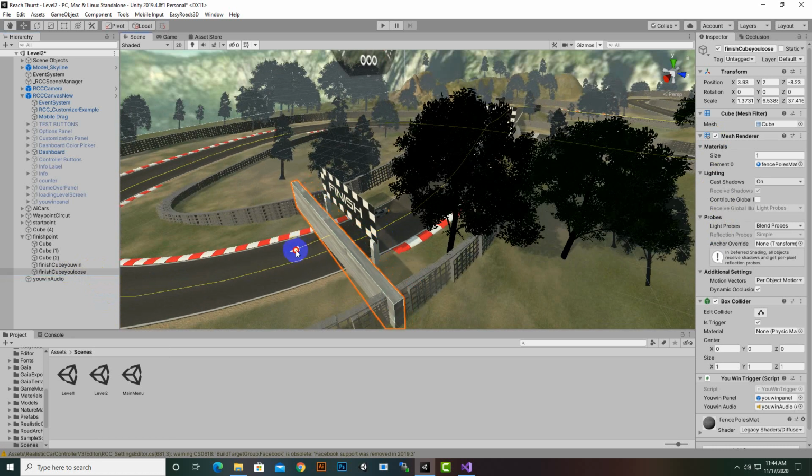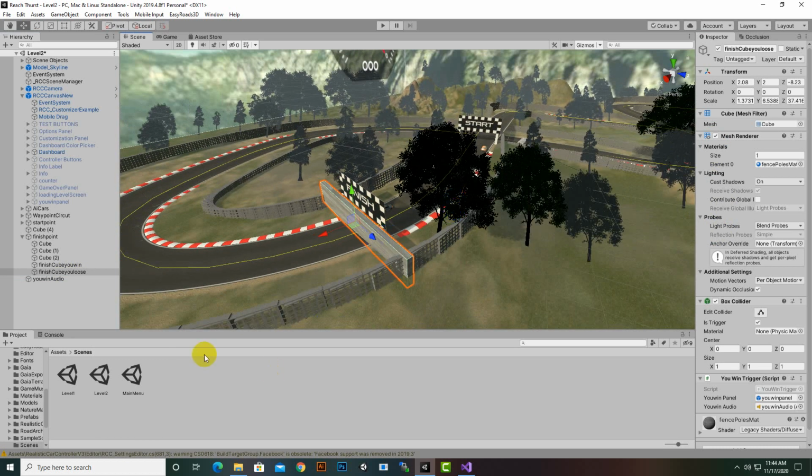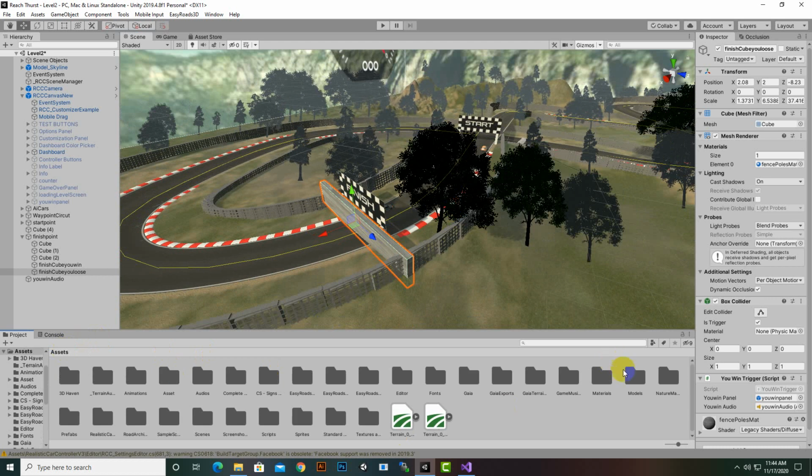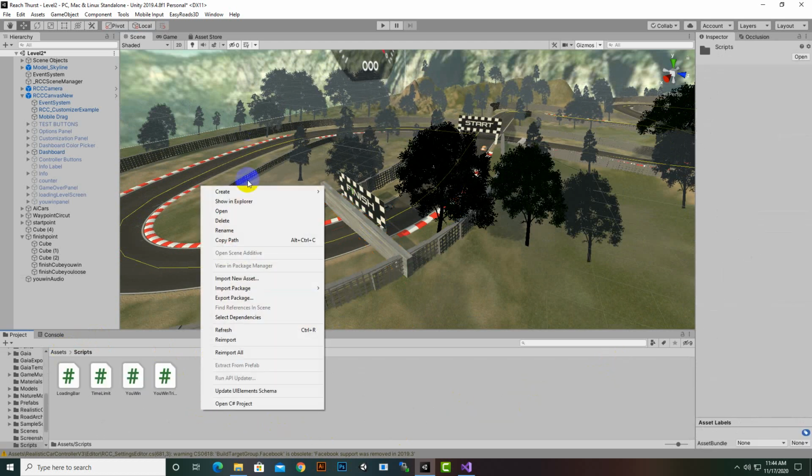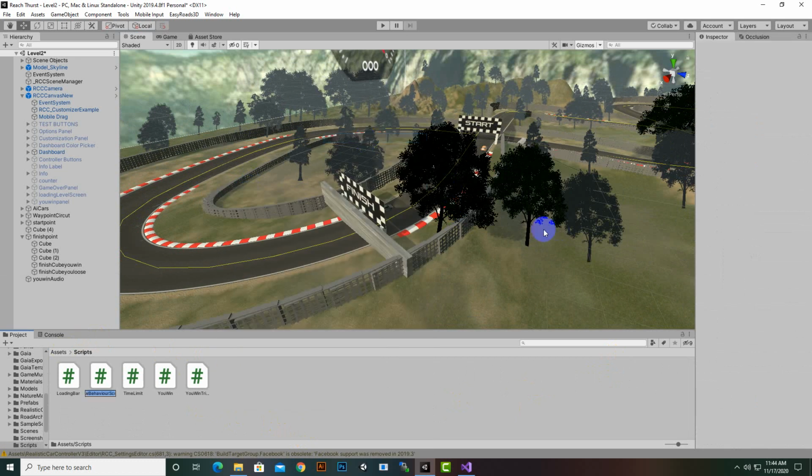So we can place it here or wherever you want, or on the same place you can also add. So for this cube, all of the things will be the same, but we will create another script for this, and we will say game over script,